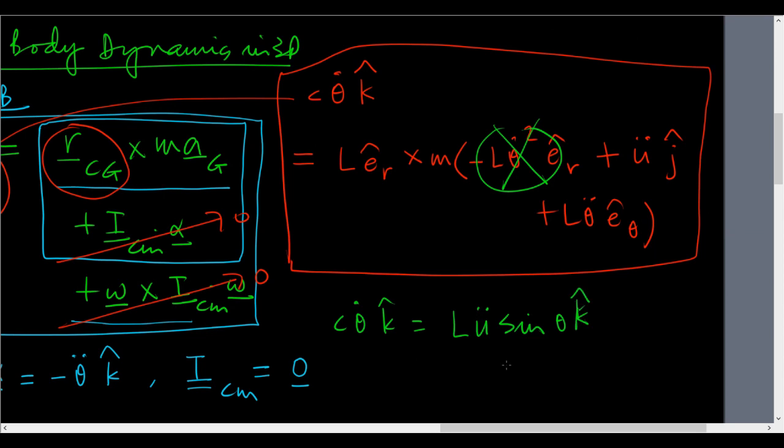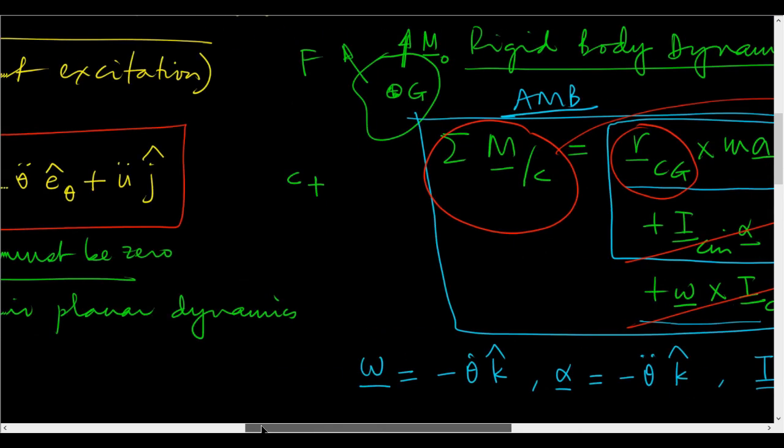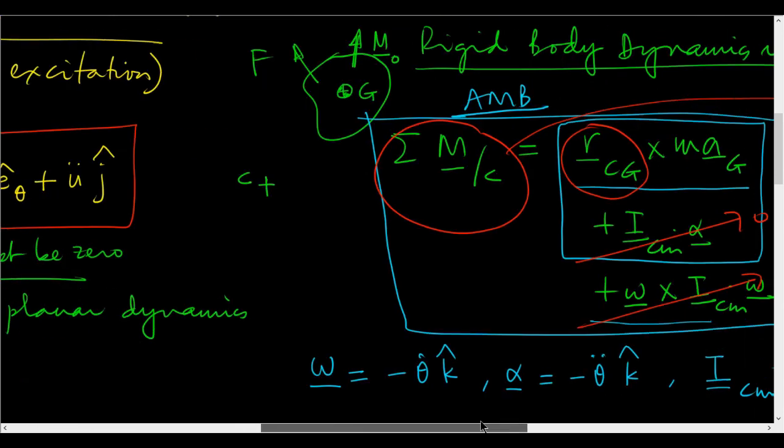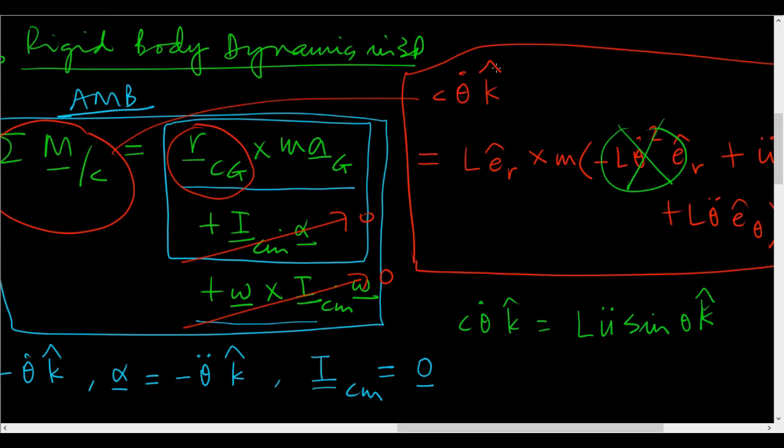I'm very sorry, I've made one mistake here. Terribly sorry, please correct it. There is also mg, the weight of the body. And because of this, when we come here, this is going to be minus mgL sine theta k. Please check that. So over here we will have minus mgL sine theta k plus c theta dot k is